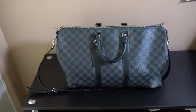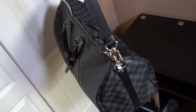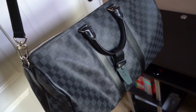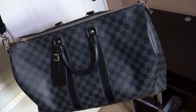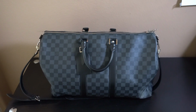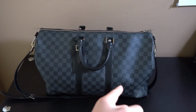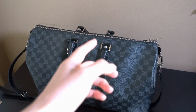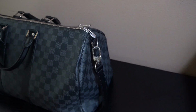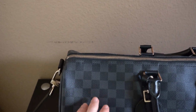But getting into the measurements of this bag, being that it is a size 45, that basically means that it is going to be 45 centimeters in length. So from this end to this end, obviously it's going to be 45 centimeters, but when you look on the site, it's going to give you inches. So it is 17.5 inches in length. It's about 10.5 inches in width, and the thickness, or from this edge to this edge, is about 8 inches. But just looking at the canvas, it's considered Damier Graphite coated canvas, and it's going to have